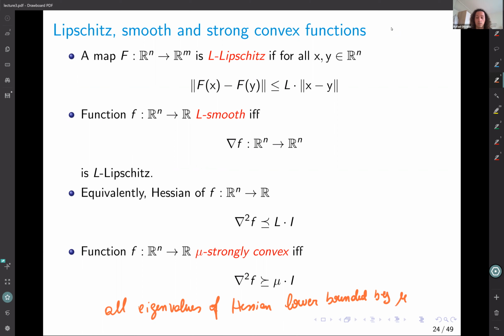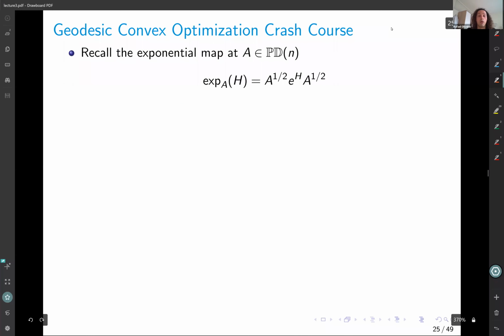Okay, so that's when we have a function being mu strongly convex, right? And mu here is positive. We can think of mu being non-negative just for avoiding trivialities. All right, now that we have the basic definitions of gradient, Hessian, and strongly convex and smooth functions,